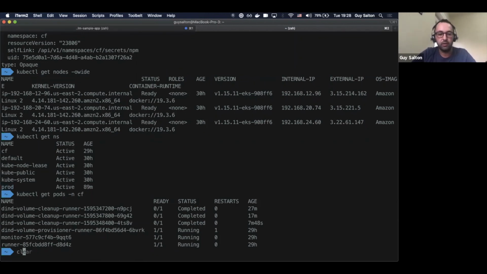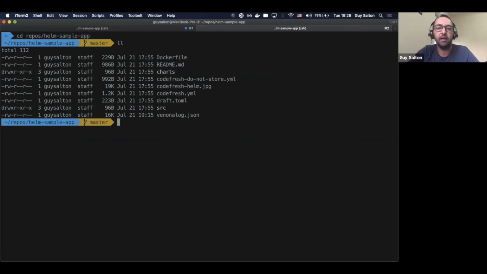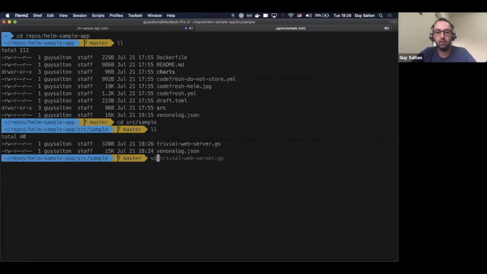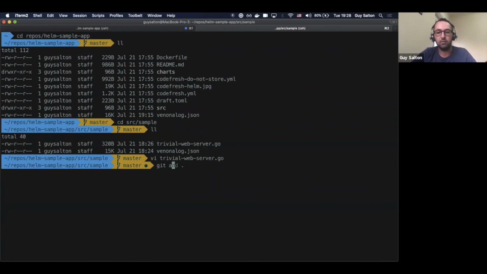And so let's go ahead and make some change to my application. We go to the repo of my app. This is my Helm, my Go demo application. Go to the source. And I can then go and look at my Go file here. And this is a super simple Go web server that will just print this line to the browser. I can go and make a change, and let's just add an exclamation mark here, save the changes,